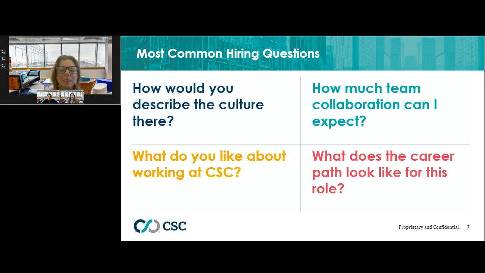Excellent. Yeah, no, I would agree. And I think you kind of answered a little bit about the next question as well, just in terms of career path, right? Whether that's within the team you come into, or maybe it's another team. I think that's one of the great things, that there is not only upward mobility, but maybe you want to branch off into another area of our business. You find that that's really interesting. So I think there's just a lot of opportunities for people to make your career what you want it within CSC. So I think we kind of answered that last question there as well.